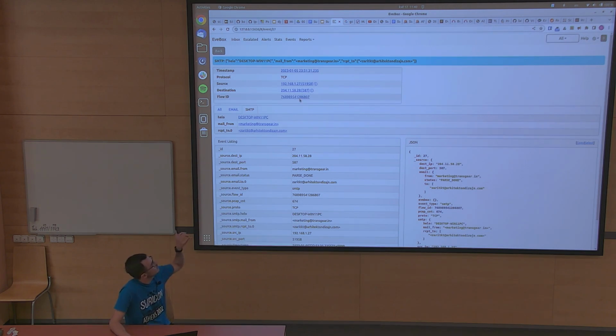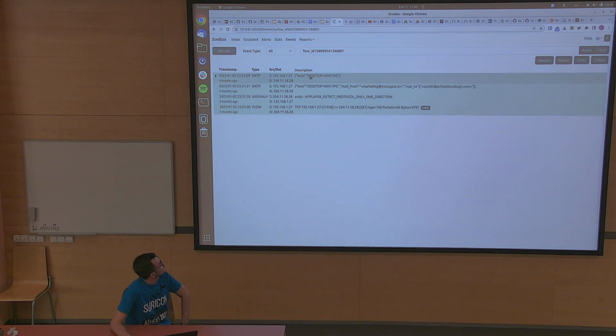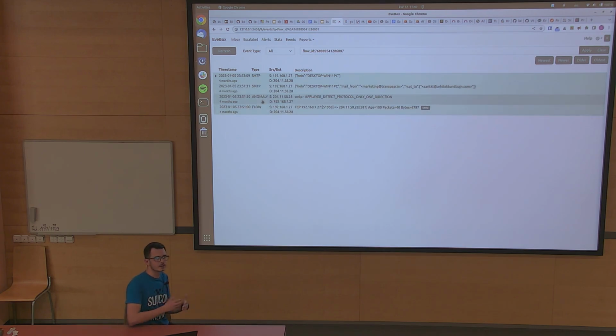So this is kind of a hash of that. If this is the communication between two computers within some time period, it produces the same hash. So this is the hash, and we can see in this flow we have 4 events: the SMTP anomaly event, flow event, and SMTP event itself. Anomaly stands for when Suricata sees some kind of weird traffic,